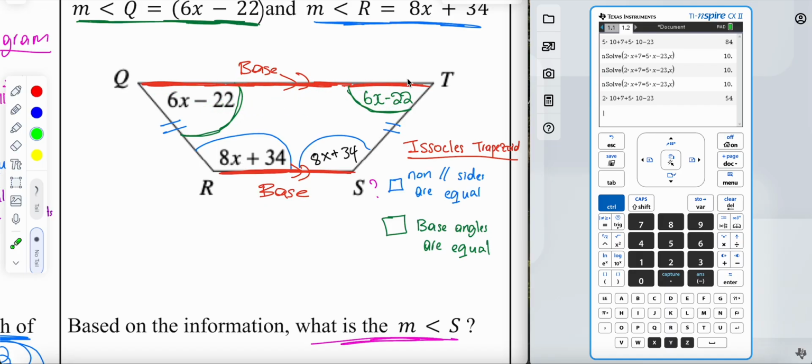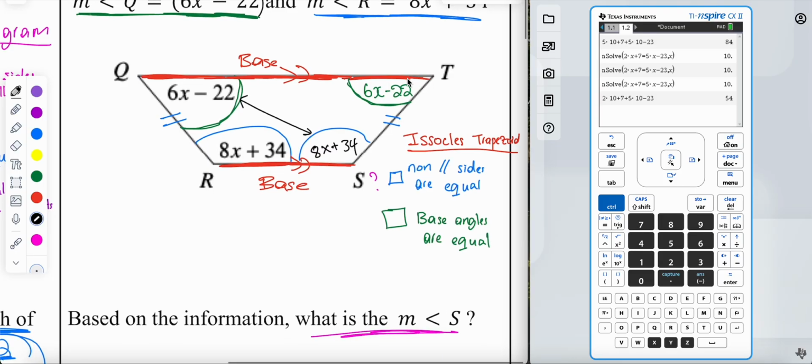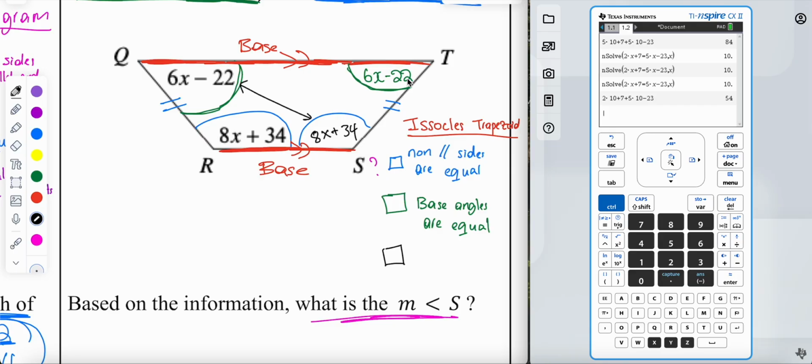Now, the question wants us to find the value of angle S. So to do that, we're going to look at these two relationships. So these two angles that are opposite, so opposite to angle S is angle Q. So opposite angles, I'm going to put that one here. Opposite angles